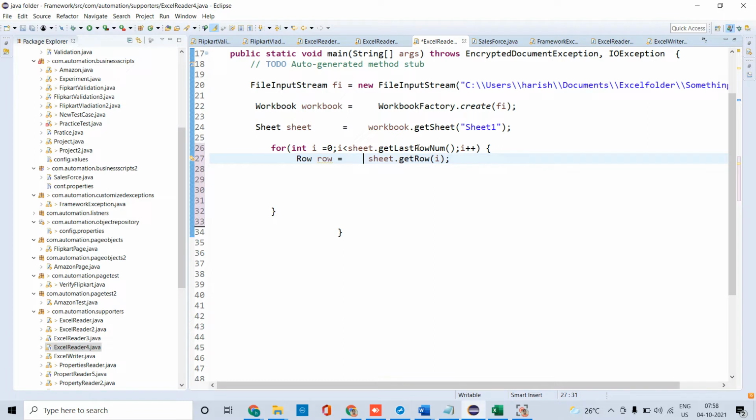Then the condition is satisfied again and it will get the next row's data. In that way, it will work until the condition fails, up to the sheet's last row number.